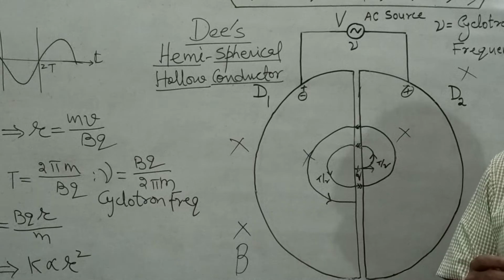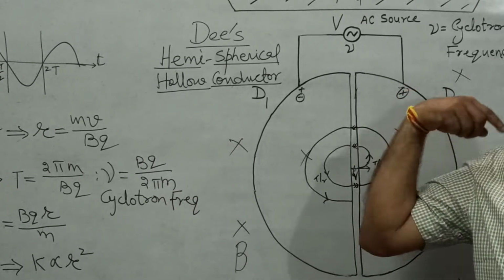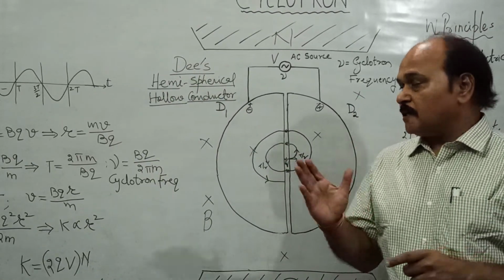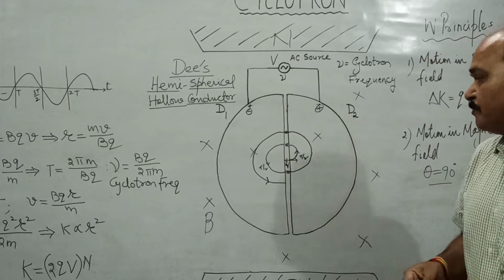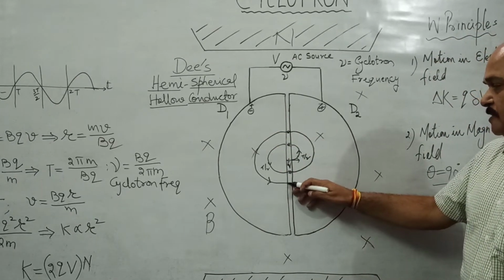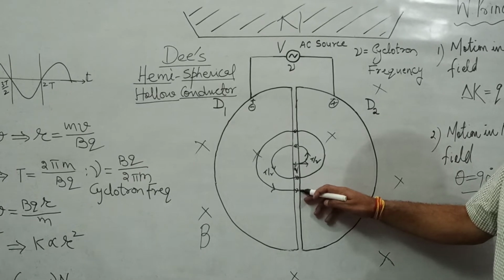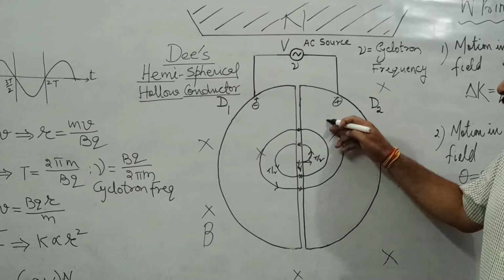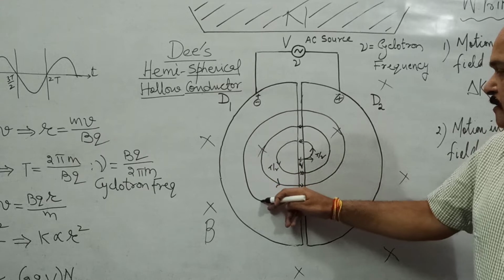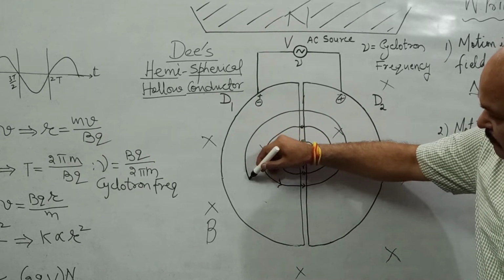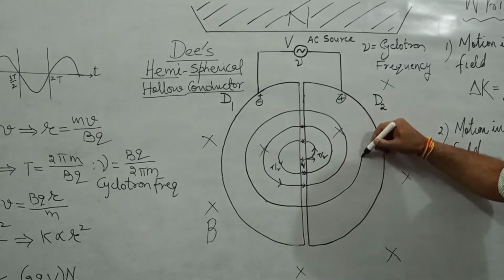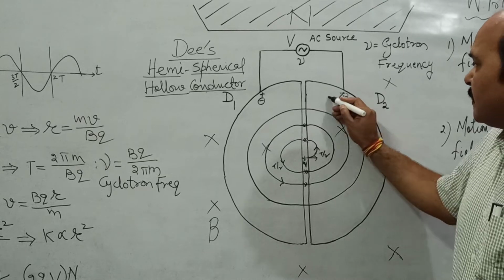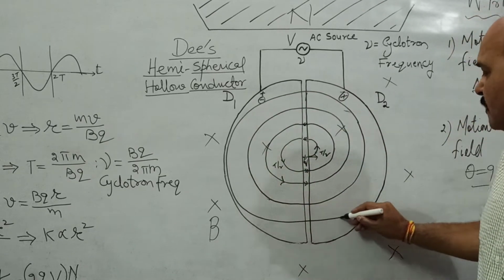Every time the charged particle moves after making a semicircle over the edge of its own sphere, it finds the other sphere of opposite polarity. As the result, it is pulled, and because of the electrostatic pull, its speed increases, and once the speed increases, it starts moving on a semicircular path of greater radius. The process continues until the charged particle acquires very high speed or the requisite value of speed. When the speed is sufficient or desirable, we get the charged particle out with the help of exits.